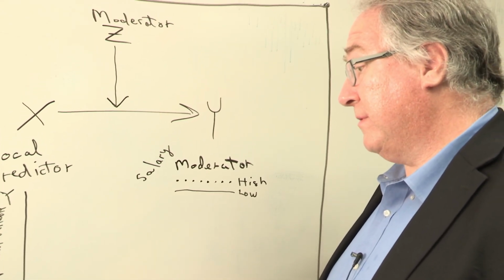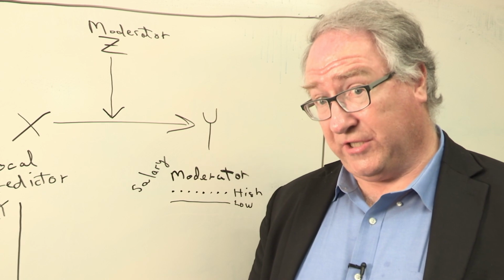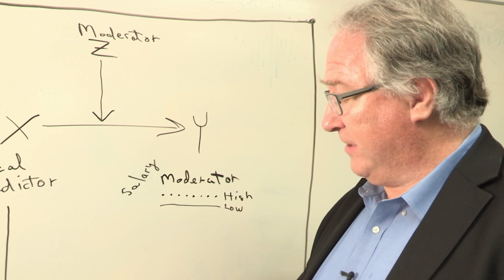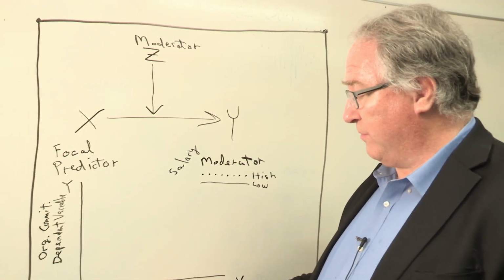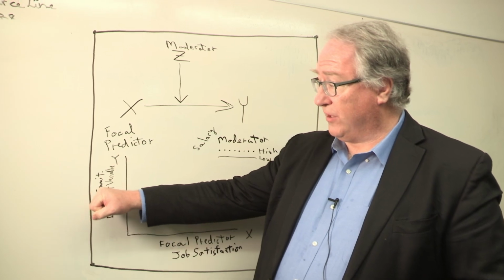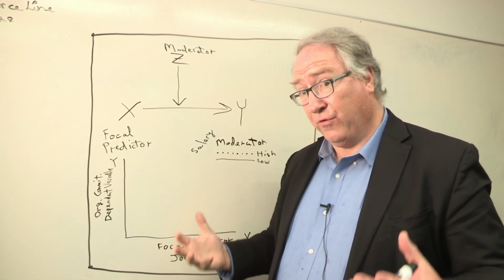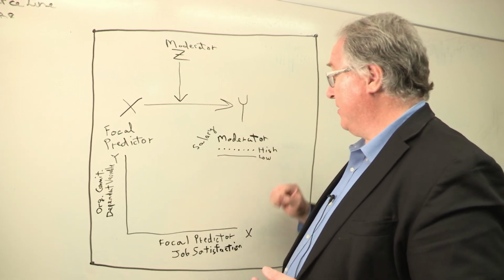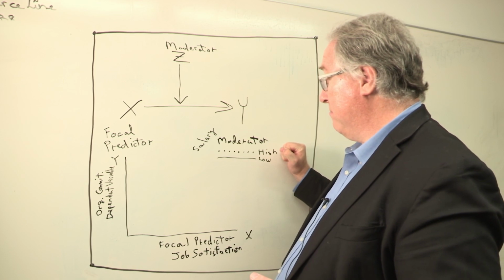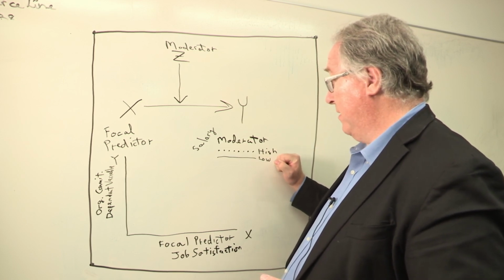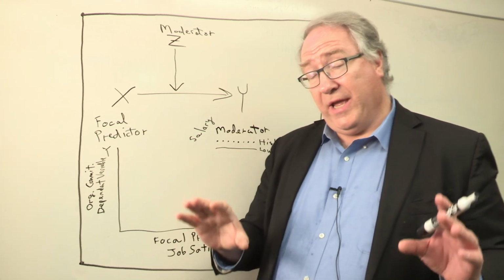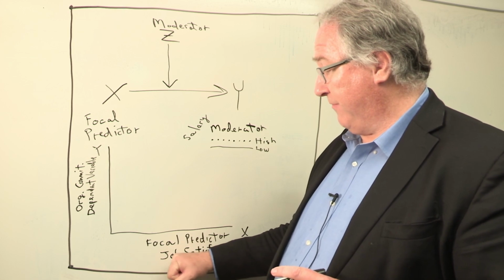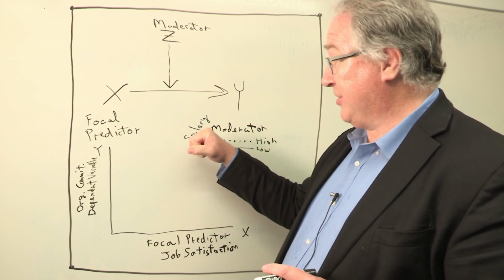Okay, so now, to put this in more specific terms as an example, we're asking the question, is the effect of job satisfaction, the level of one's job satisfaction on one's level of organizational commitment, influenced by whether an employee receives a high salary or a low salary? Now, I can tell you right now, if the test of the interaction, which in this example is the job satisfaction by salary interaction